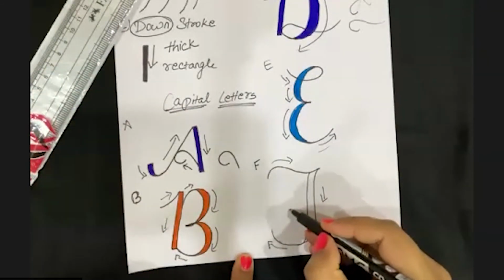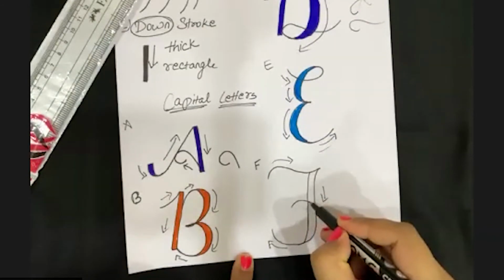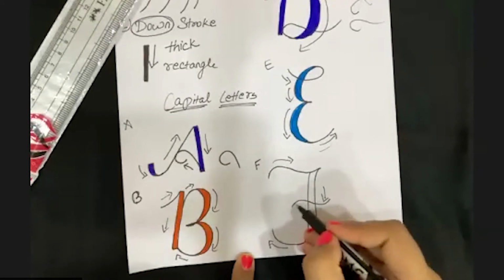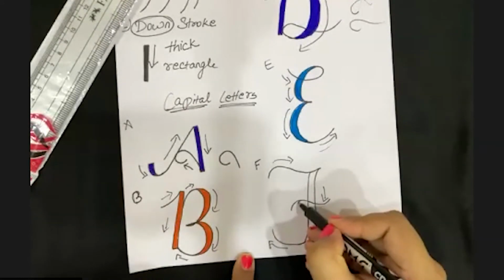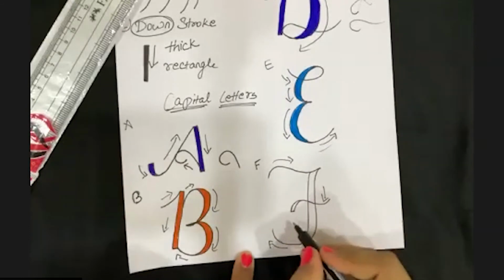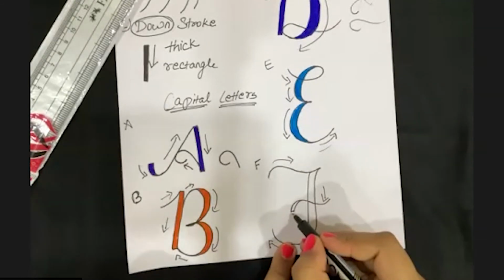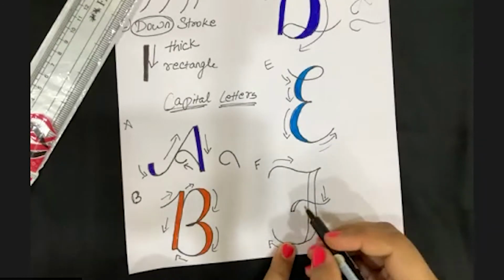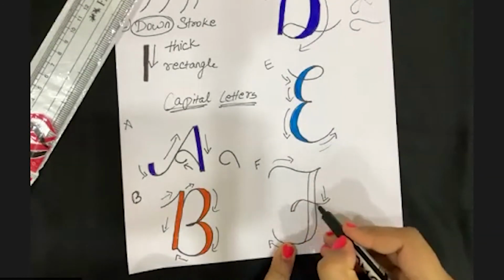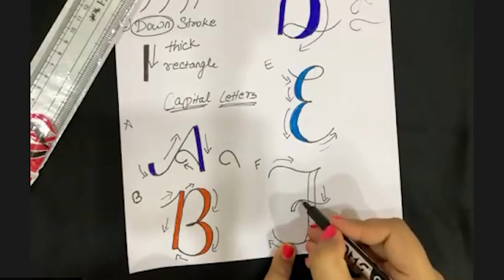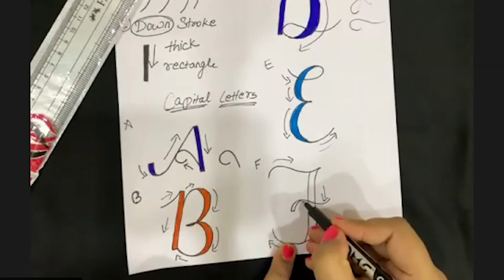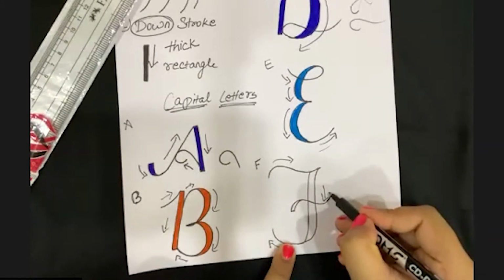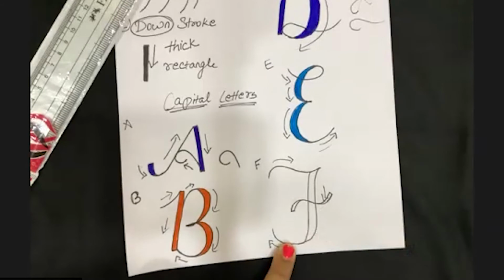Now I'm going to add one more small s. This is my downstroke, so I'm making it thick. Come on everybody, look here. This is the most important thing for the letter F. I made a small s here, and as this is my downstroke, I made it thick, and again as this is my downstroke, I'm going to make it thick.